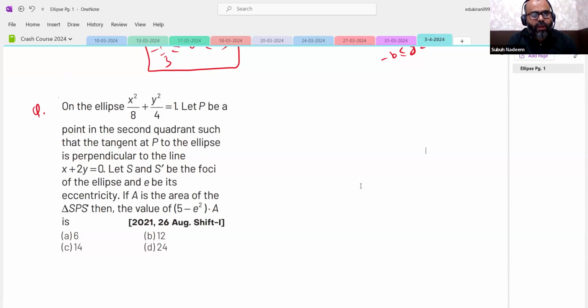On the ellipse x square by 8 plus y square by 4 equal to 1, let P be a point in the second quadrant such that the tangent at P to the ellipse is perpendicular to the line x plus 2y equal to 0. Let S and S dash be the foci of the ellipse and E be its eccentricity. If A is the area of triangle SPS dash, then the value of 5 minus E square into A is,